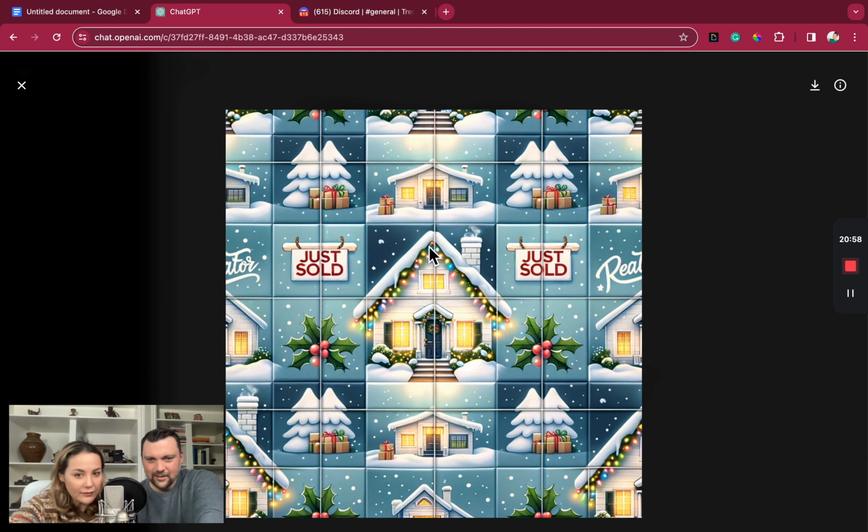So let's get rid of the idea of realtor. Yeah, because most Americans can't even spell that word. So you could just take this section here and tile it, because it's in tiles already, almost like wall tiles, and repeat it over and over again and make your wrapping paper out of that, because it has a perfect little house in here and a house here. And you would screenshot that and upscale it.